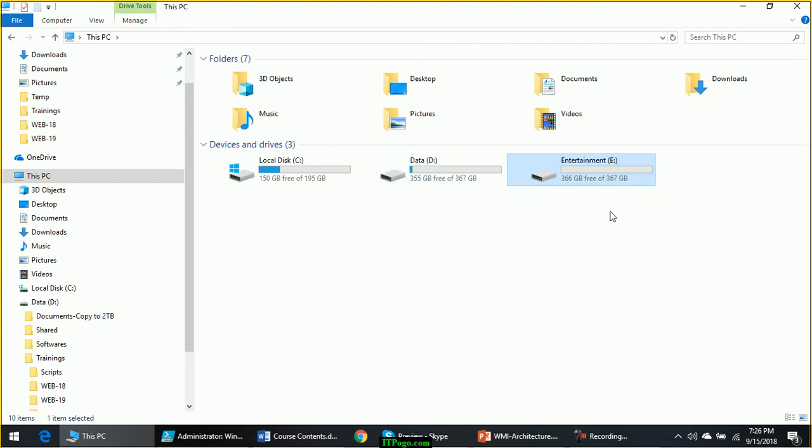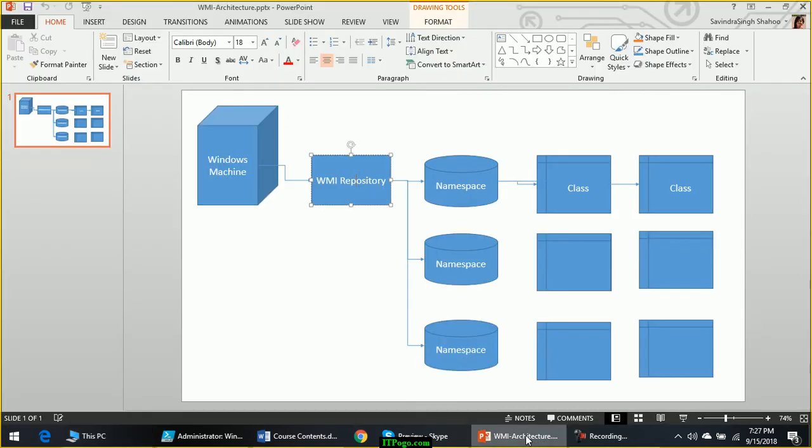This is not historical data. It is not showing me the disk space details which were available 1 month ago. If you go and check the contents of this drive, it currently literally has this much free space out of the actual space. This is not historical data, this is live data. So WMI gives you the current information, but a database will give you the information which is stored in the database.